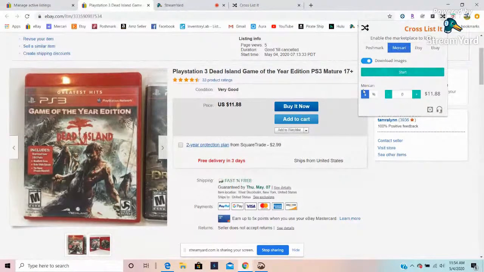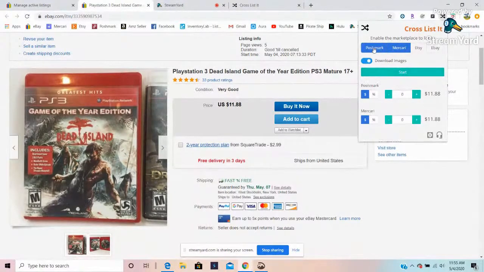So you can hit start right away, or it also gives you the option to reduce or increase the price. If I'm listing something on Mercari, I'm paying less in fees on Mercari than I do on eBay, but I do comparison. I leave my price the same. If I'm listing something on Poshmark, sometimes I'll leave it the same, even though shipping is paid for by the buyer on Poshmark, because I get a higher price on Poshmark.